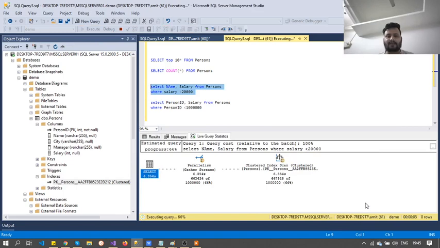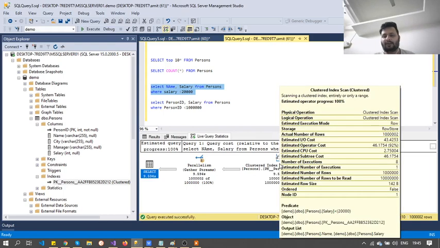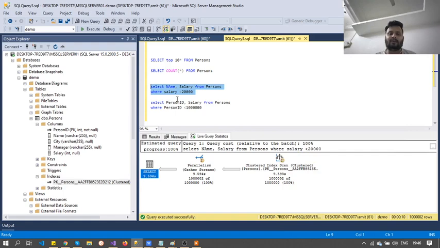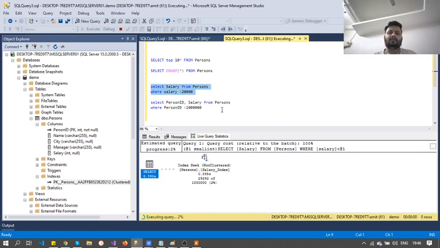Just give a second. It is completed, 100%. If you see this, the 1 crore records have been read and the cluster index has been used. The non-cluster index made on the salary column has not been used, right? And we are not getting the benefit of the index made on the salary column.